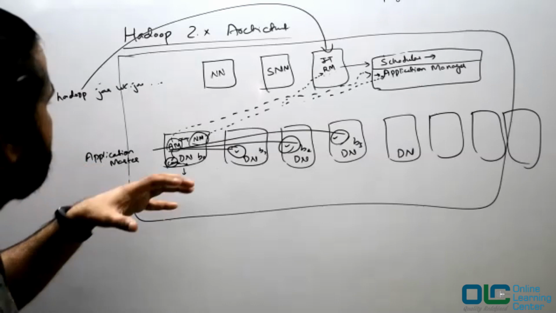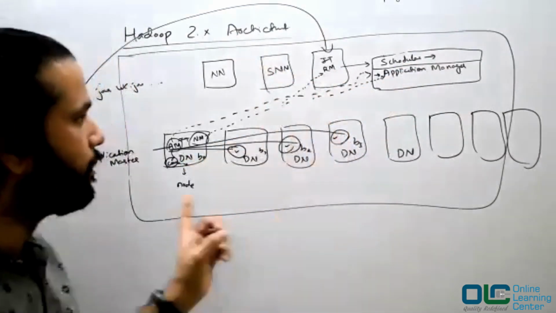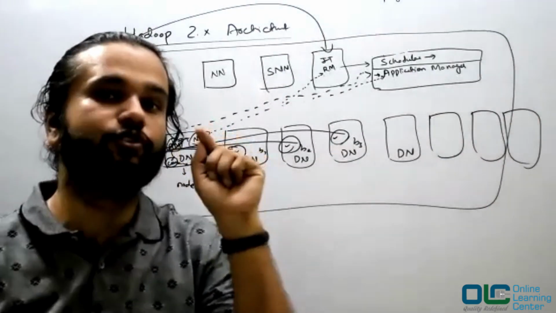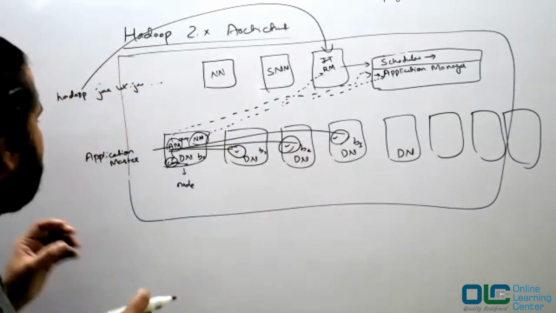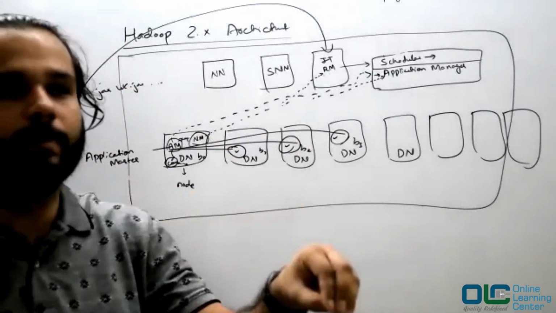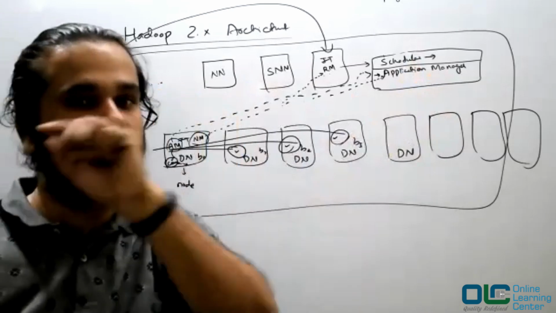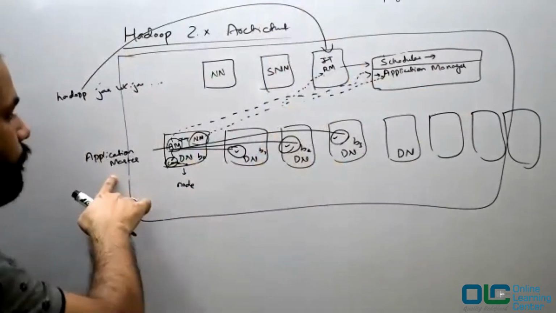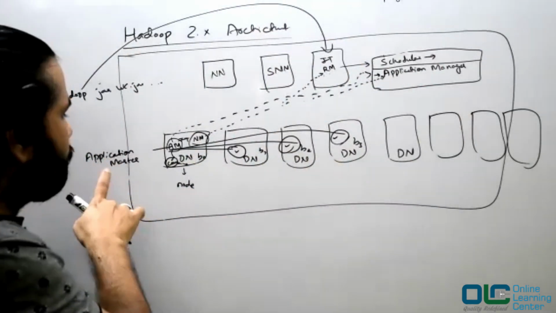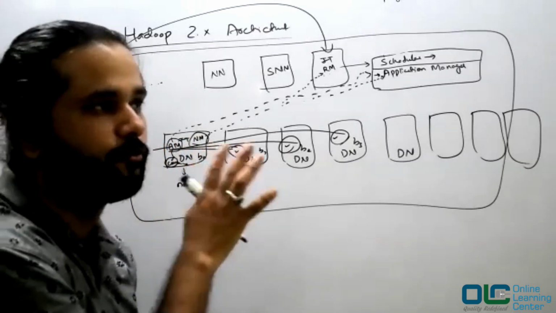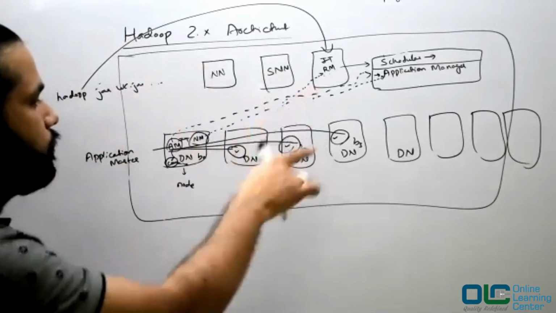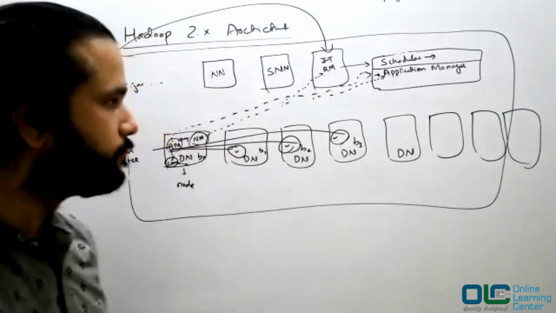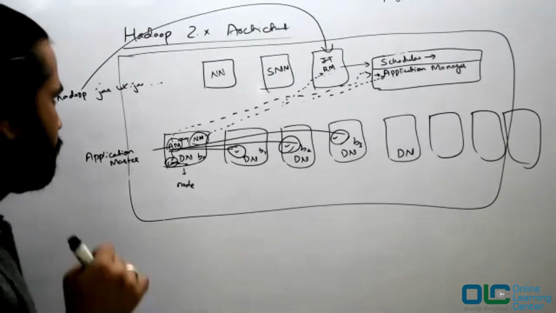This application master would be many. Application manager would be only one across the whole cluster, whereas your application master would be only one for a job. If I have 200 jobs, then I have different application masters for them. So this is one for the entire cluster, this is one for one job: one for one job, two for two jobs, three for three jobs, four for four jobs, and so on. And that's how the whole data would be processed in your Hadoop 2.x architecture. So that's the beauty of your Hadoop 2.